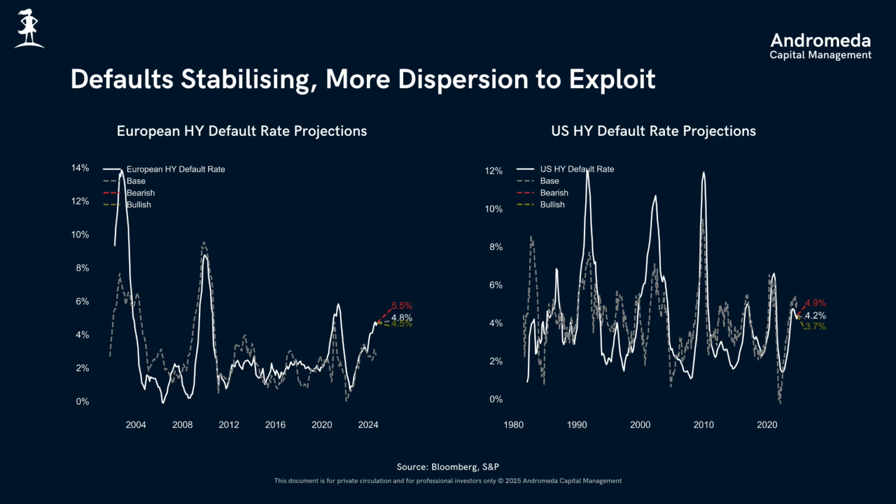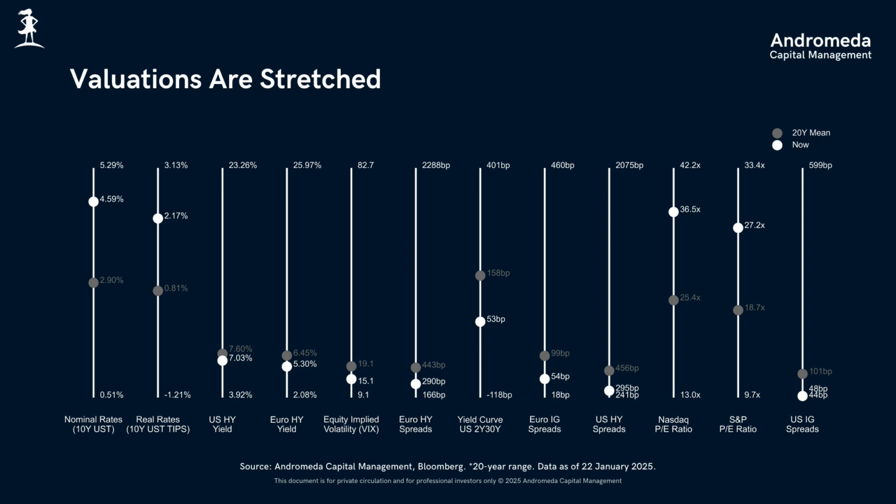The ugly names will have to do amend and extend, and we'll probably have to do it again, because what was done last year was in the hope of yields coming back to low levels. And if yields don't go back to 3.5% on the 10-year, these names will have to do it again. So a sustained level of restructurings, but still a relatively benign cycle where we don't have distress in large sectors,